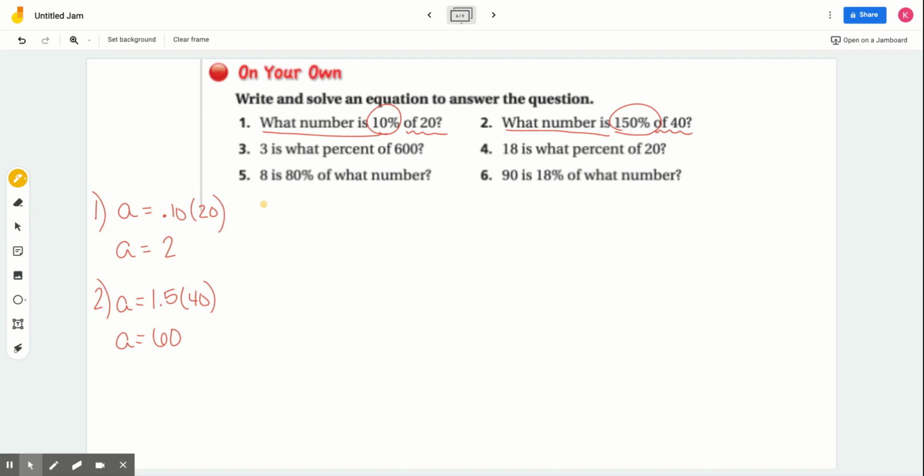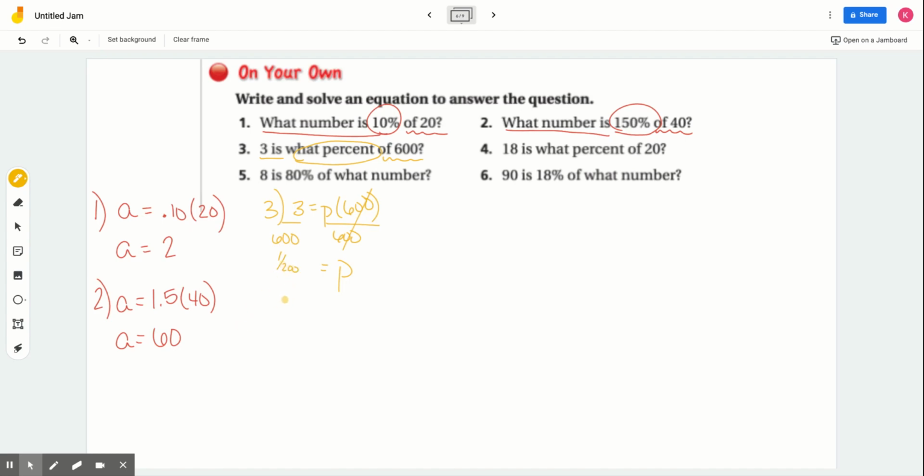Now, when we look at number 3, 3 is what percent of 600? So we know that the part is 3. We are missing the percent, and we know the whole. So our equation looks like this. Part equals percent times the whole. Now, we know that the percent, the P, and the 600 are being multiplied. The opposite of that is to divide. So when we divide, we find that P equals 3 over 600, which is 1 over 200,